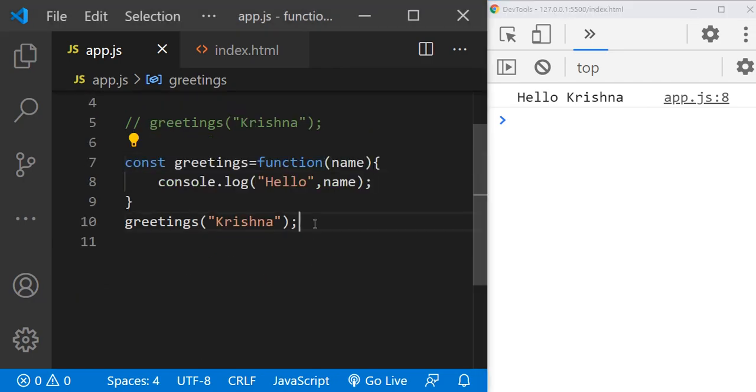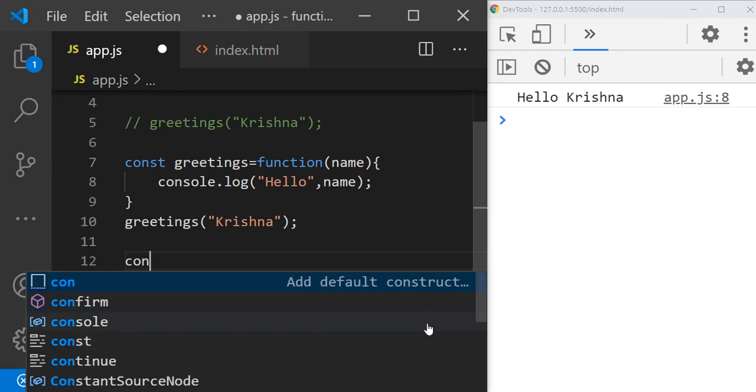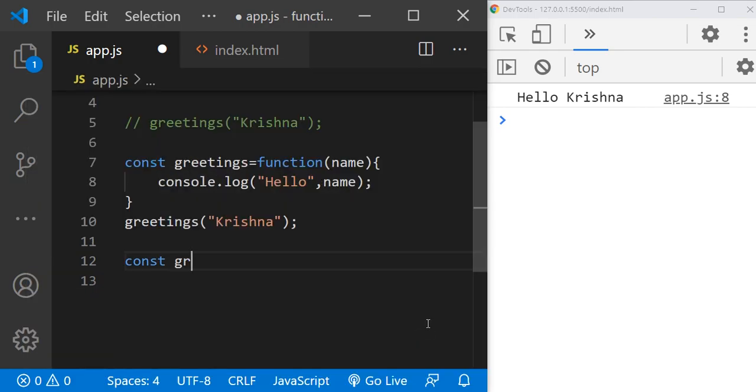Okay, so now we'll see how to write arrow functions. We'll take the same function and write it as an arrow function. Constant greetings equal to, and here instead of function we no need to mention the function name. Here we just mention the brackets, a function accepting one parameter called name.